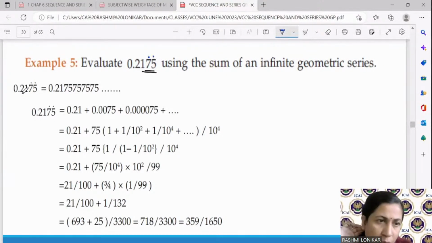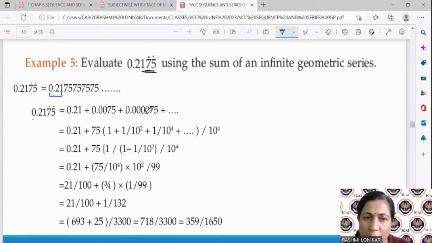So in 0.2175, 0.21 will remain like this. And wherever the dots are, here it is 75, 75, 75, this is going to be repeated how many times? Indefinitely. So whenever you have this, it can be written as 0.21 plus